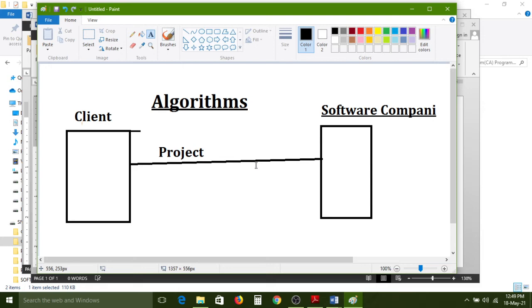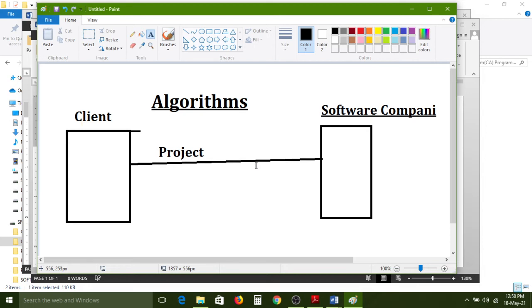So software companies also, before developing the actual code, need to give a plan for that project. If the client is satisfied with that plan, then only will actual coding start by the software people. Understand? Before developing actual code, they need to develop a pre-plan.